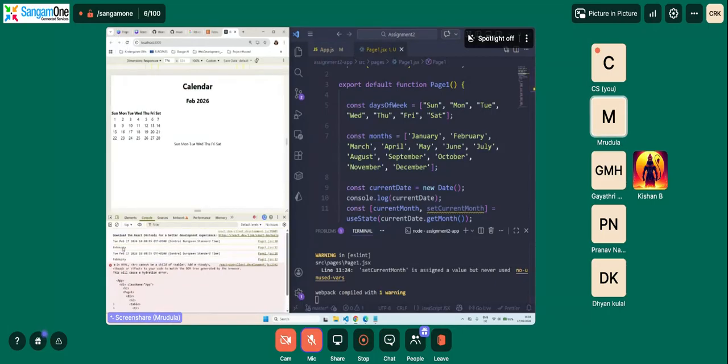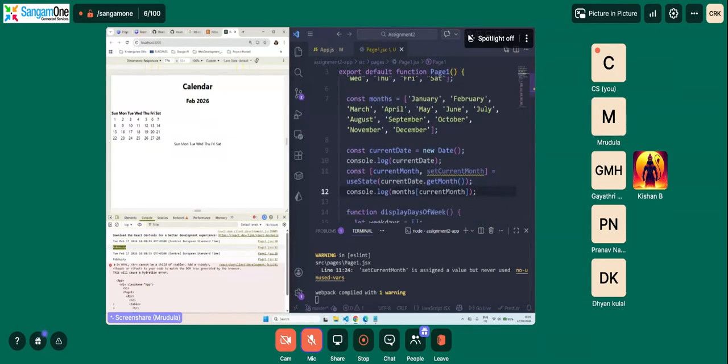Okay, see, now you can see February, correct? Because I've made use of months, that is the array, and current month is the numeric value we are getting, and I'm passing it as the index and I'm getting the actual value for it. You don't need to do it, I'm just showing it to you, I'm trying to debug it as well.